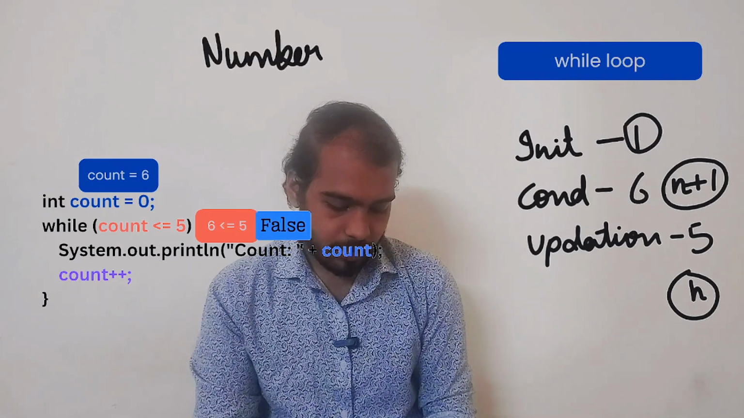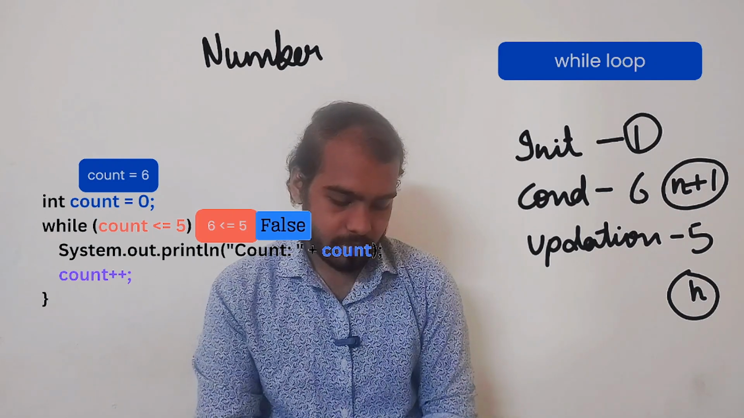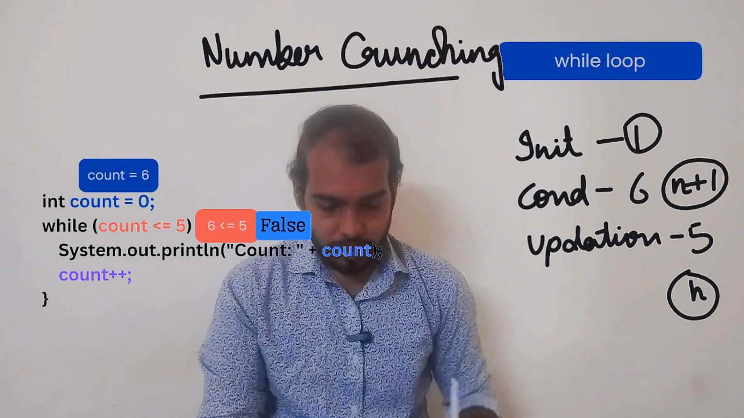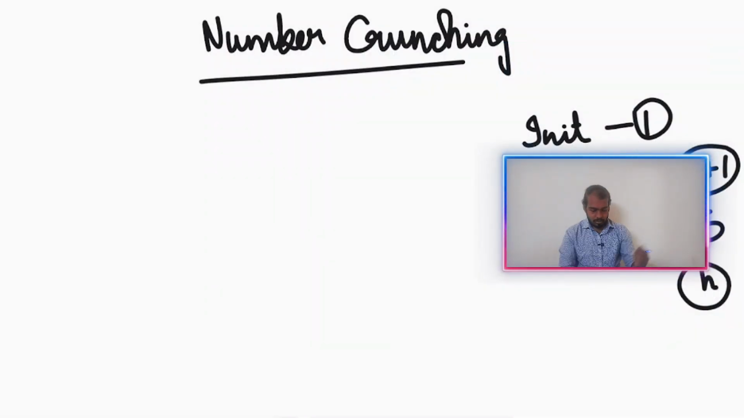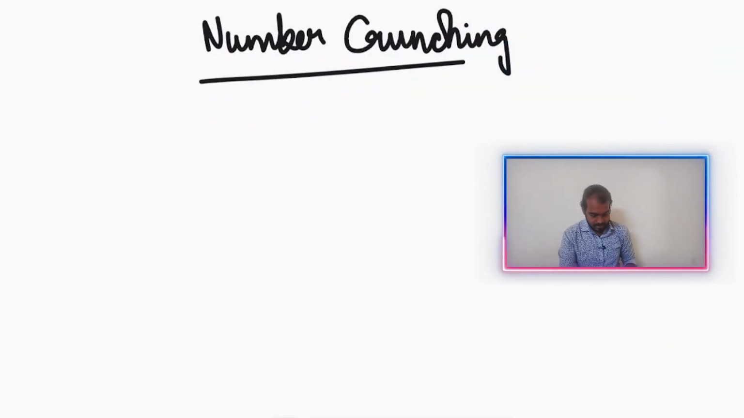Number crunching. To understand number crunching, just move to the whiteboard. I'll erase the unnecessary parts. Okay. So imagine I've given you an int memory with a value as